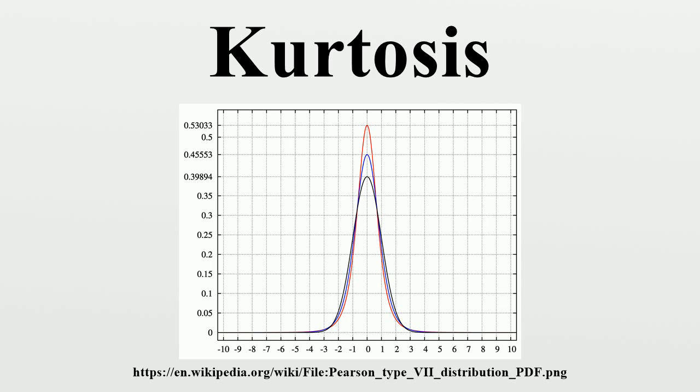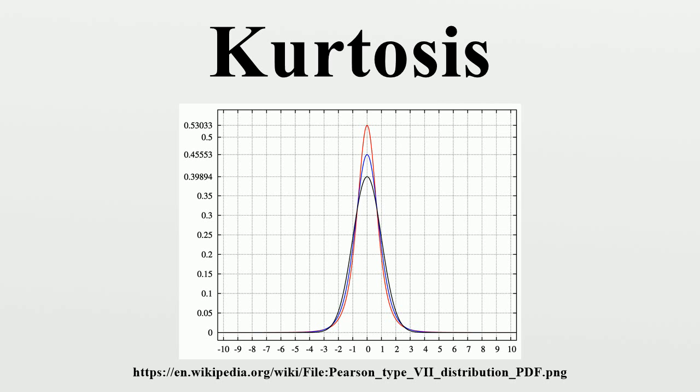Estimators of population kurtosis. Given a subset of samples from a population, the sample excess kurtosis above is a biased estimator of the population excess kurtosis. The usual estimator of the population excess kurtosis is defined as follows, where K4 is the unique symmetric unbiased estimator of the fourth cumulant, K2 is the unbiased estimate of the second cumulant, M4 is the fourth sample moment about the mean, M2 is the second sample moment about the mean, x_i is the ith value, and x-bar is the sample mean. Unfortunately, it is itself generally biased. For the normal distribution it is unbiased.